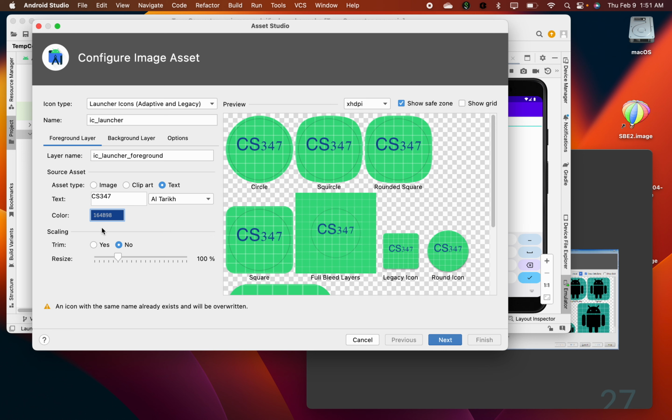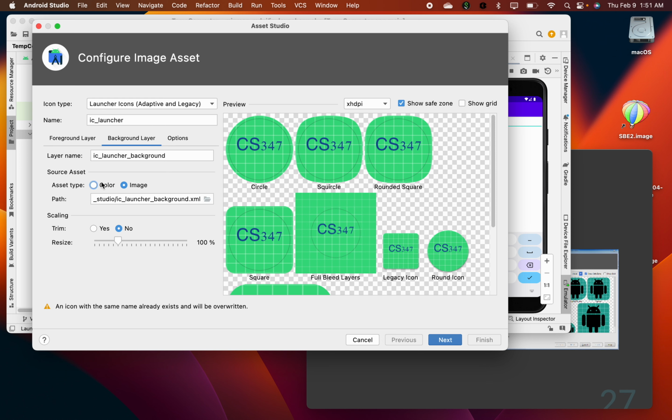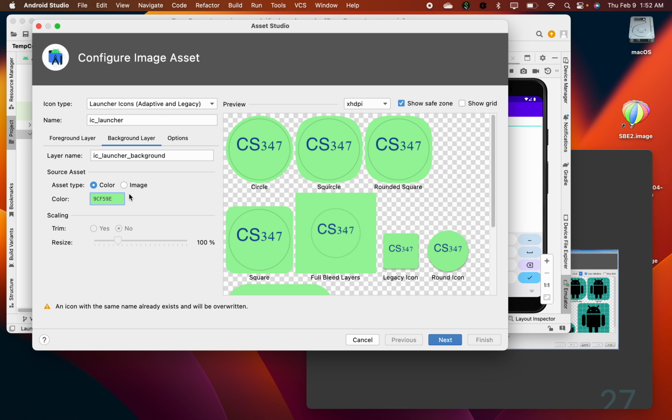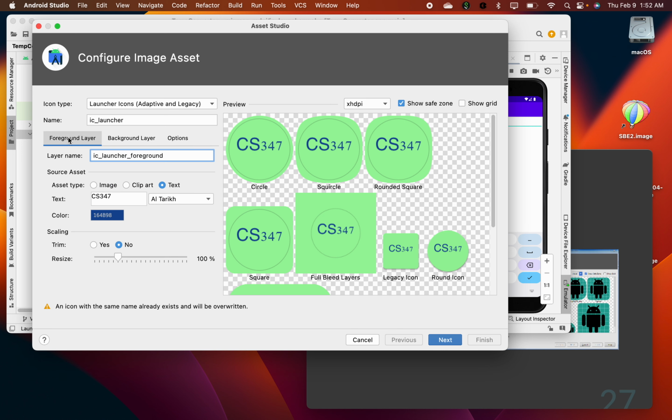If I want to change the background color, I'd have to select background layer and choose some color here like that, whatever I want to choose here. All right, maybe something a little bit lighter. Okay, whatever you want to choose, you can go with. All right, but we're not going to choose text. We're going to choose